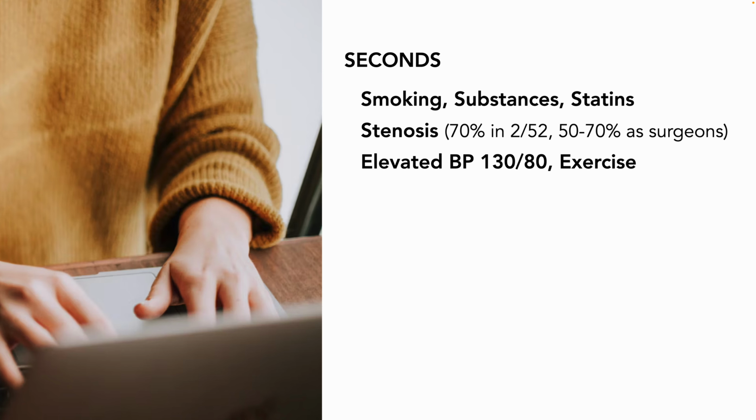Elevated BP and exercise. So there's a lot of different societal guidelines on who should be controlled, what they should be controlled to. The general tentative consensus in the literature is that it's not age related for secondary prevention. Pretty much everyone 130/80. Even the oldest, frailest people tend to be okay with 130/80. Don't necessarily take my word for that, because your local society will probably disagree with me, but everyone has a different number, and I tend to think that if the guidelines numbers are all over the place, then there's a paucity of evidence, and I like 130/80. A lot of societies believe in this, and it's a nice round number.